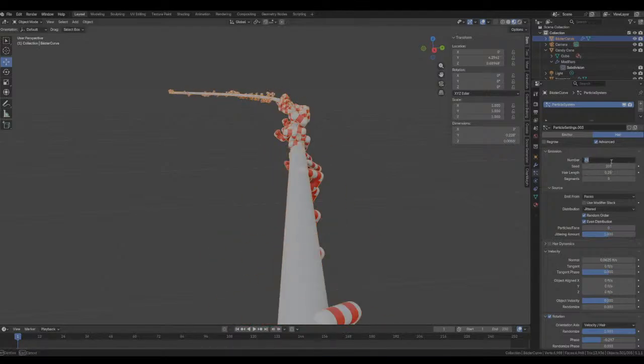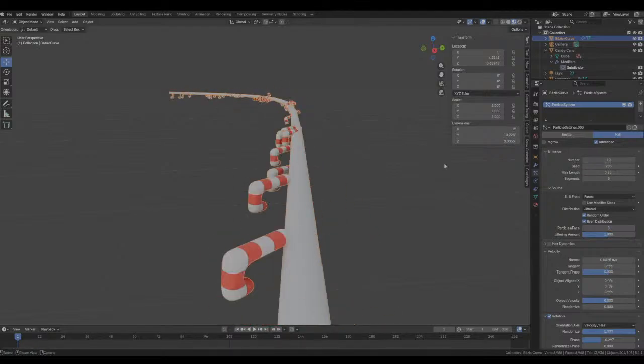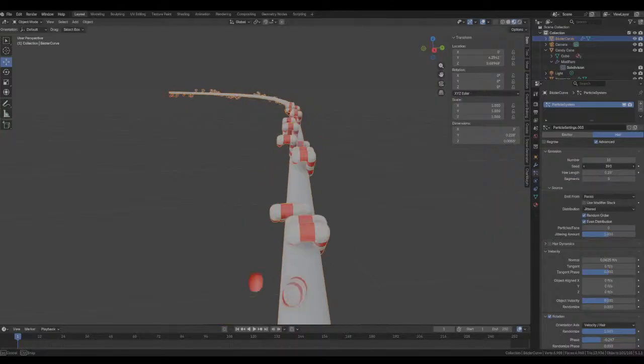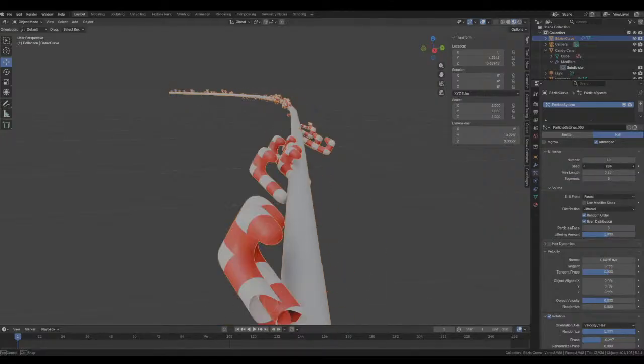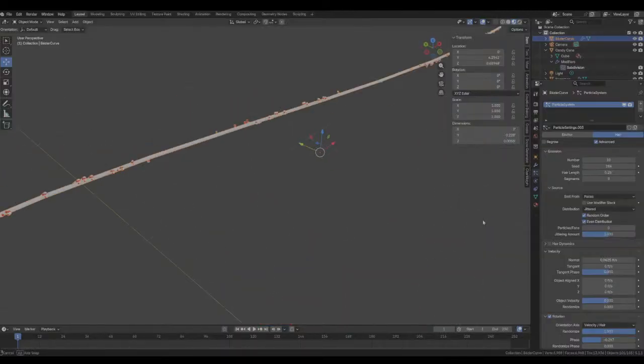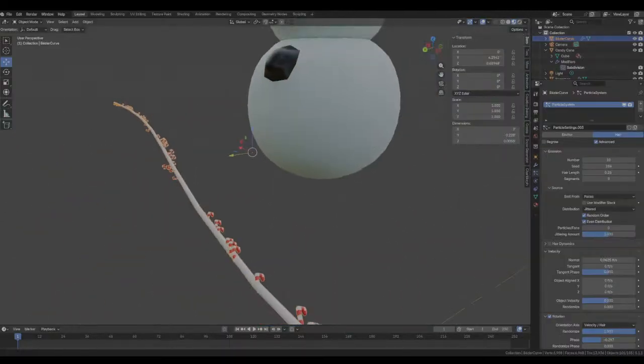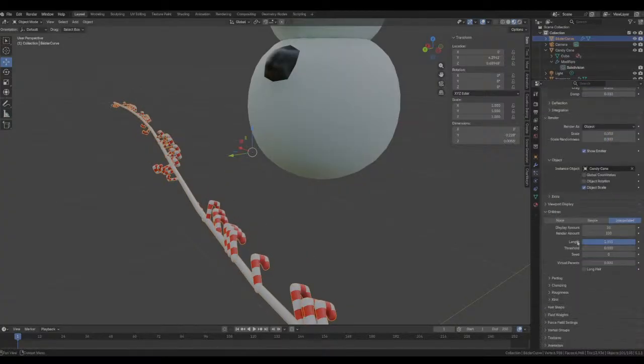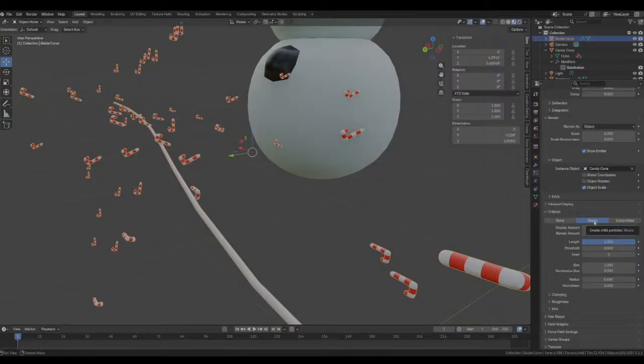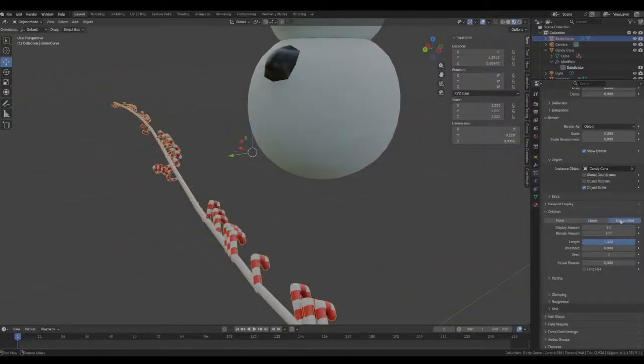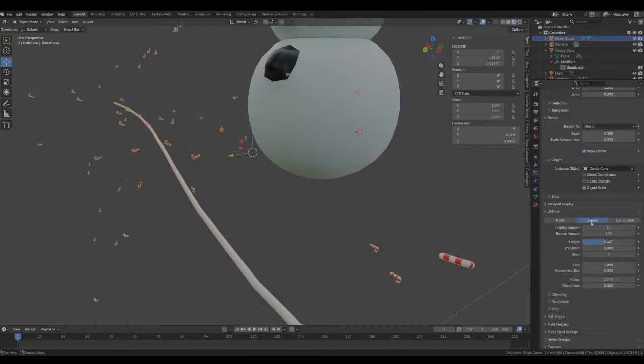Can I just do 10? See if it works. I really don't need that many, but I do need it to be kind of big, because that's all over the place. But if I scale it down maybe.